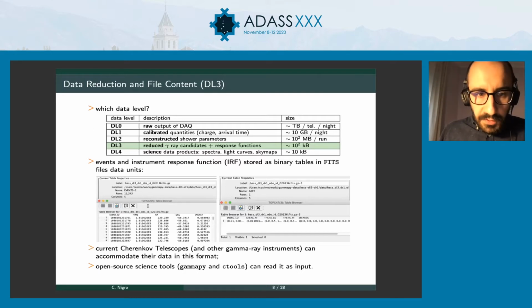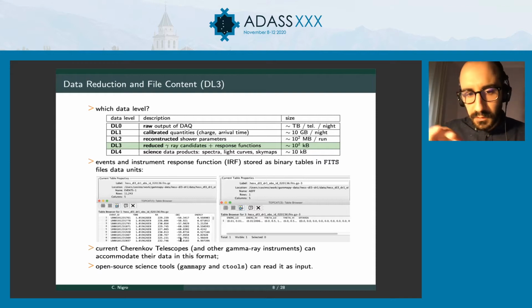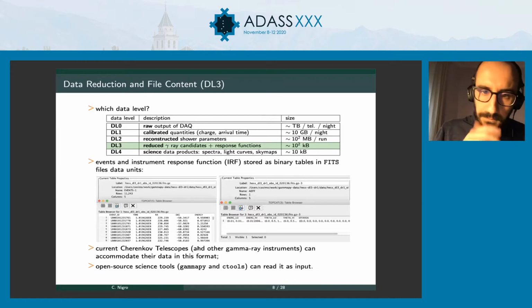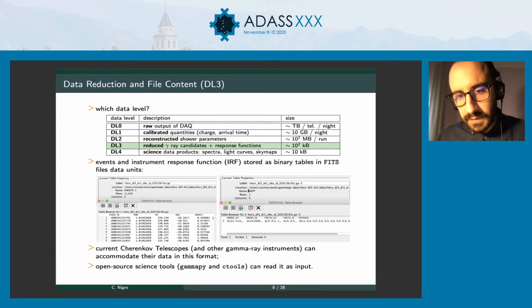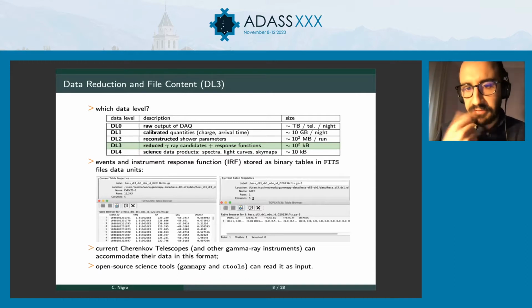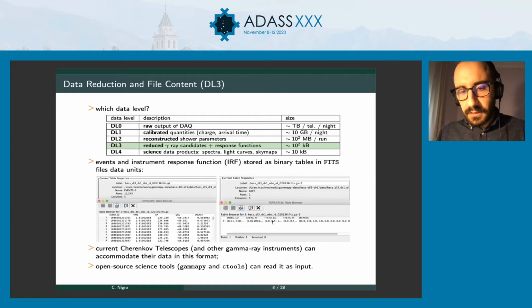So we have a data unit for the events. You can see it here. We have the ID of the event in the data acquisition, the timestamp of the event, the right ascension and declination, so the coordinates of each gamma ray in the sky, and its estimated energy. And then on the right, you can see the header data unit containing one of the IRF components, the effective area in this case. And in this case, it's just an array. You can see it here. Effective area binned in, so an array of values given certain bins of energy and theta,